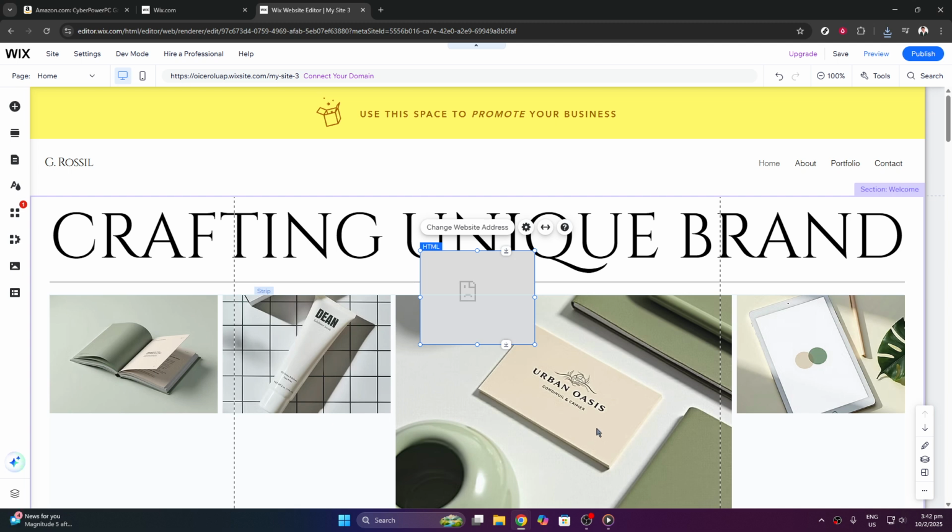In this instance, you'll want to type in Amazon product. By doing this, you're effectively embedding directly related products, potentially enhancing the shopping experience for your users by linking directly to relevant Amazon pages. This could be particularly useful if you're managing an e-commerce site or a blog that often